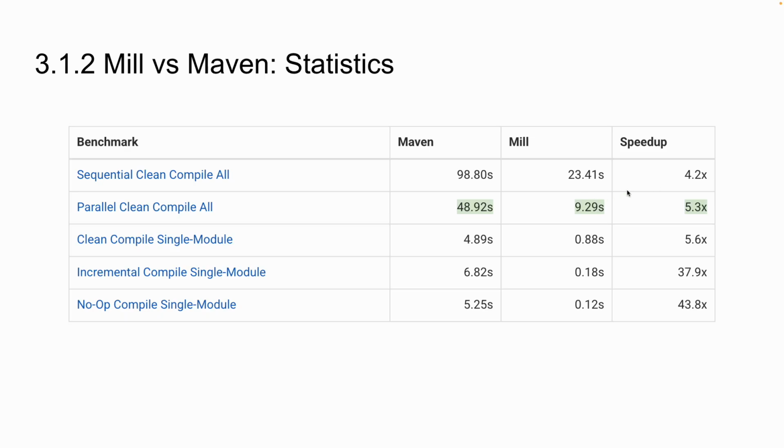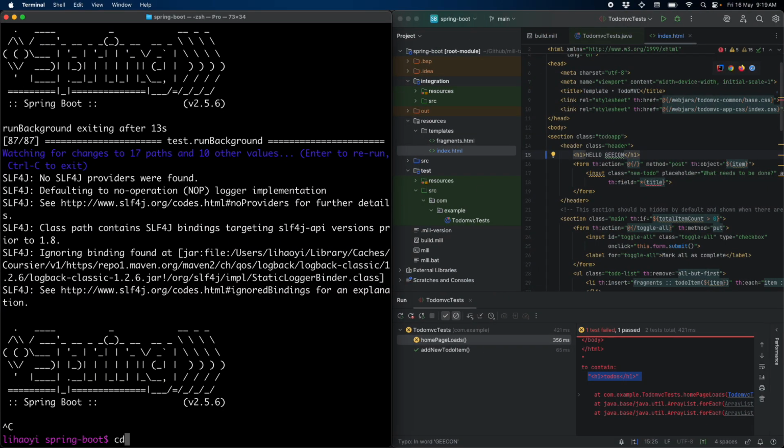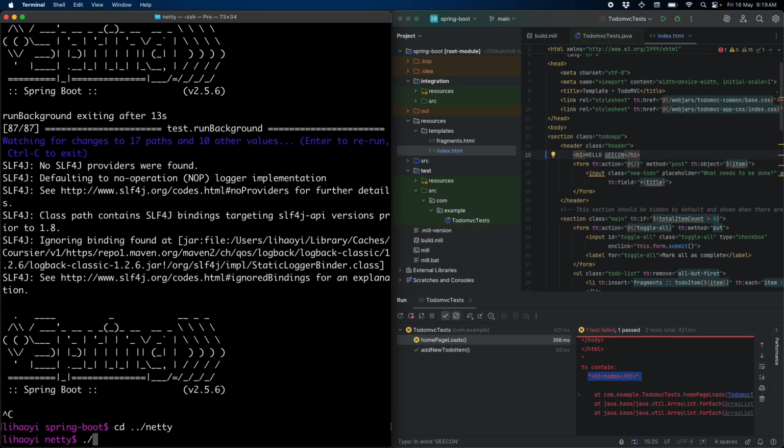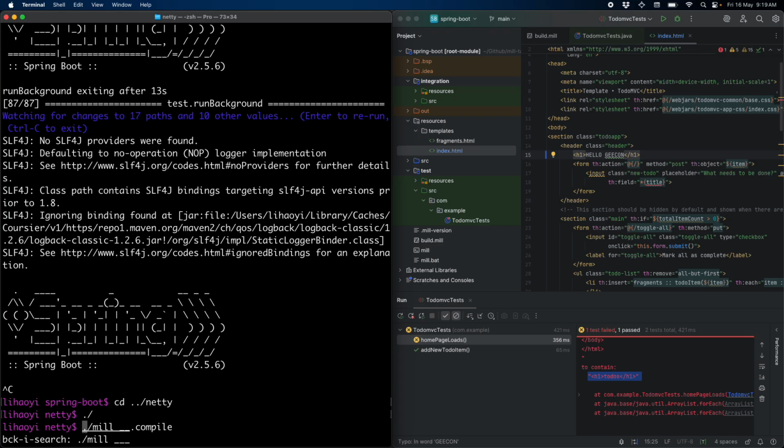There's a number of reasons. It's actually using the same Java compiler, the same Java version, but the Mill build is more effective at parallelizing it, and it keeps the background daemon, so you get more of Java's hot performance rather than the cold performance that Maven gets. And I can show it to you now. If I go back to Netty, if I do ./mill compile,